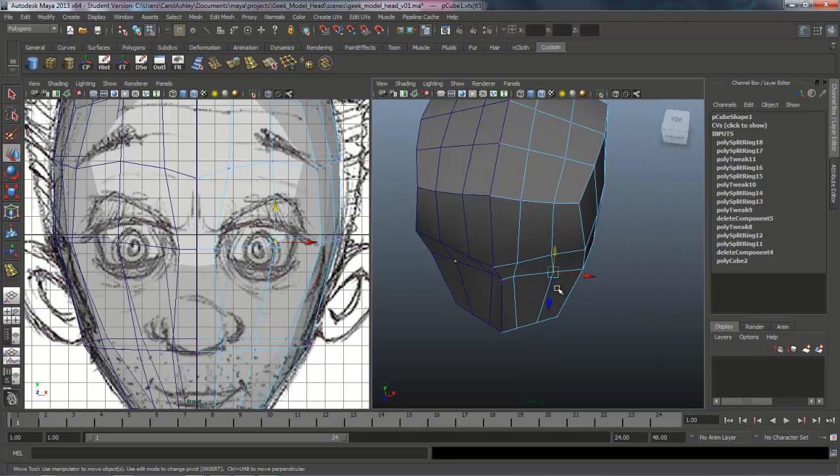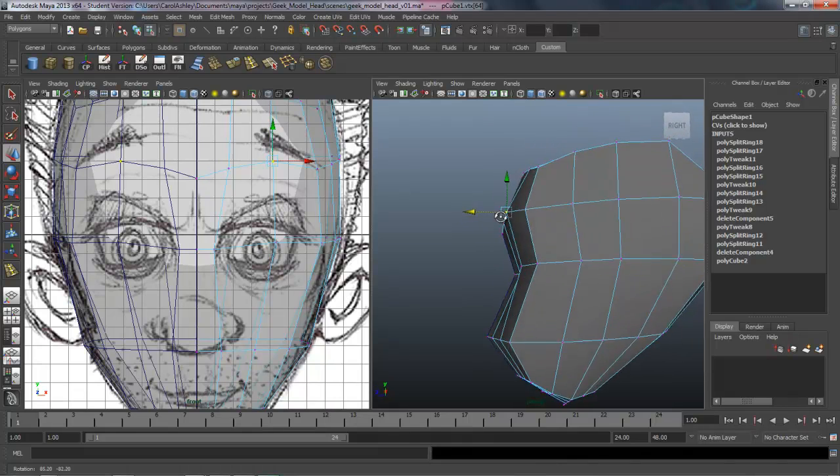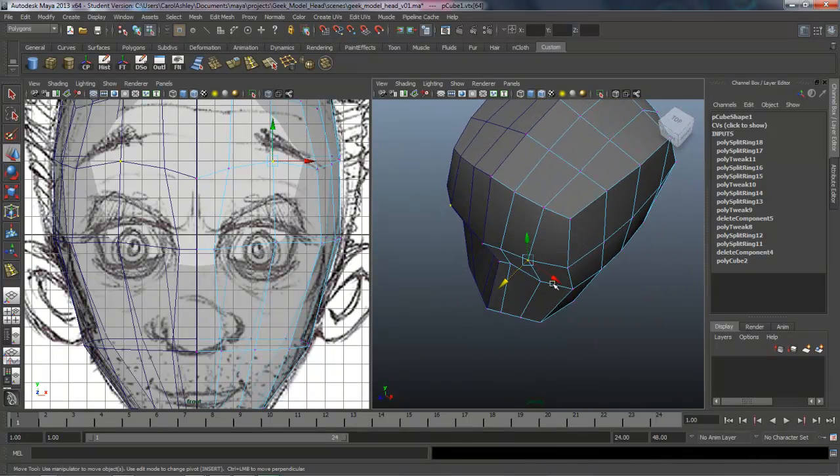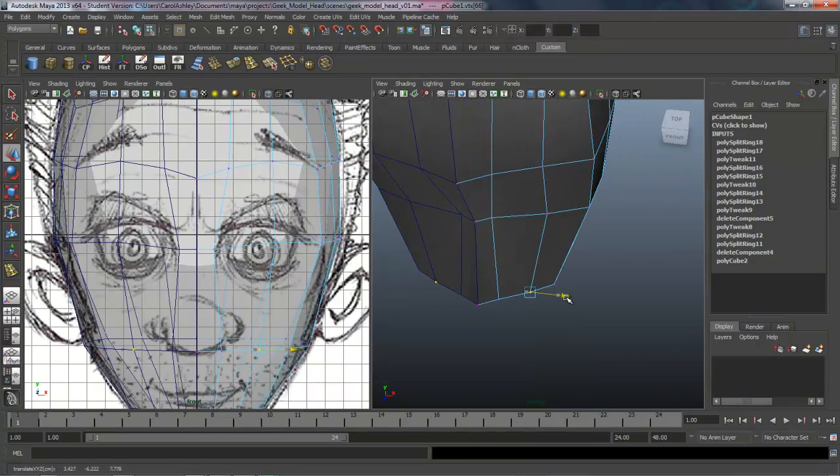And we can pull this out for the eye. There we go. And then down here, this is sort of his cheek area, and pull that out. This too.